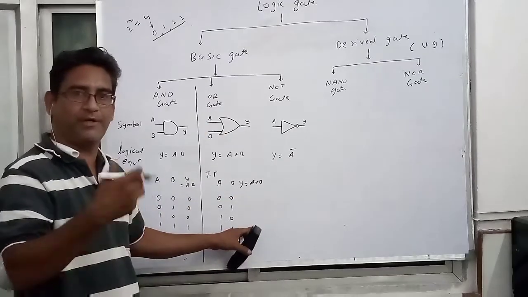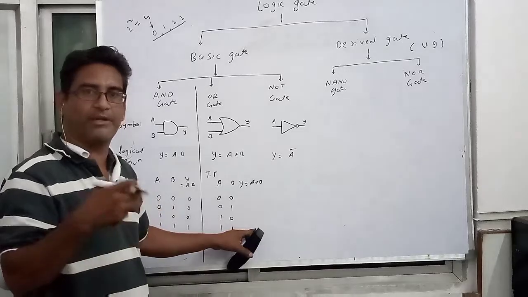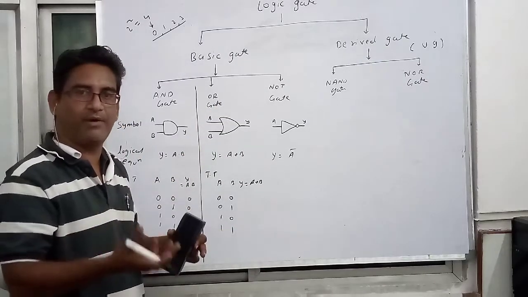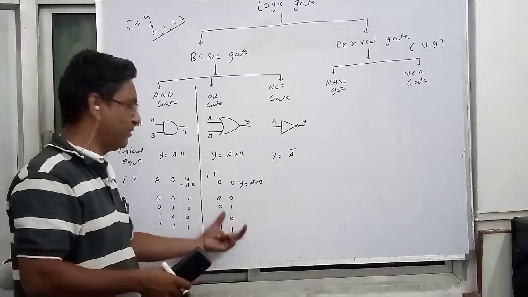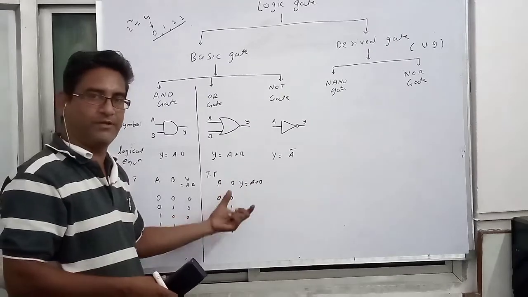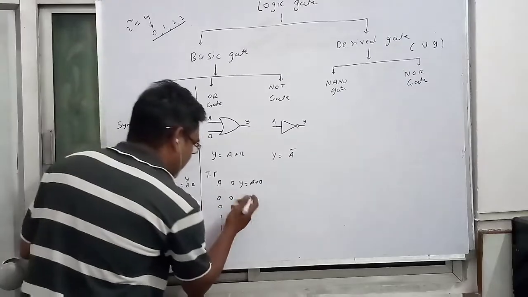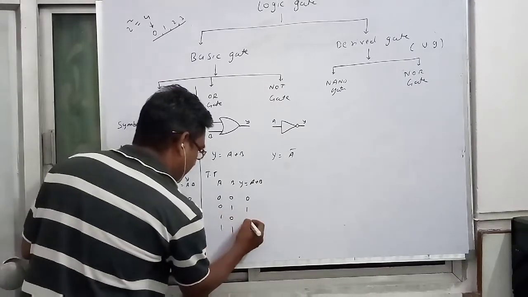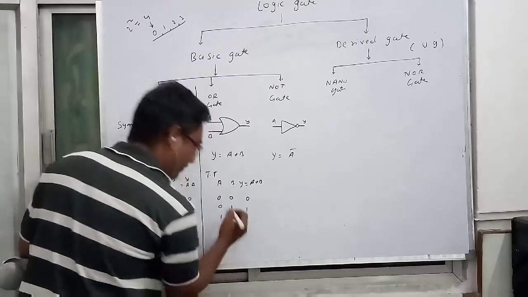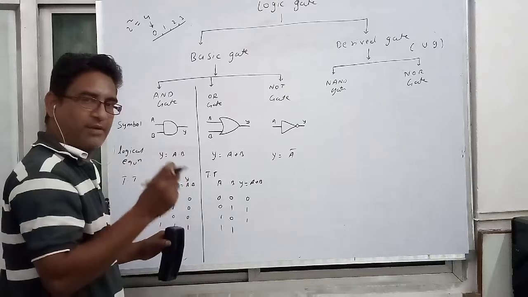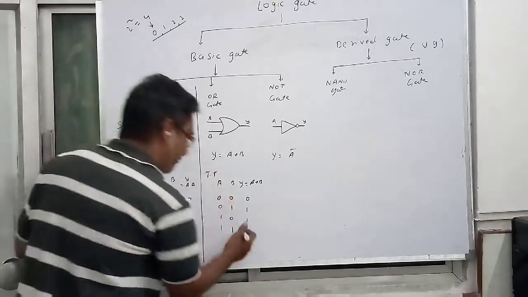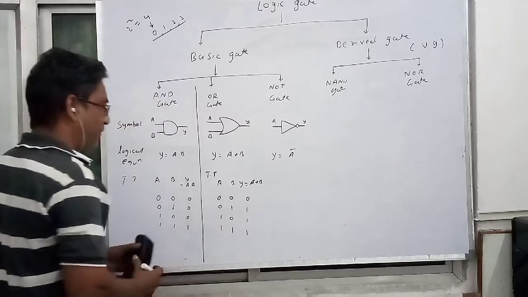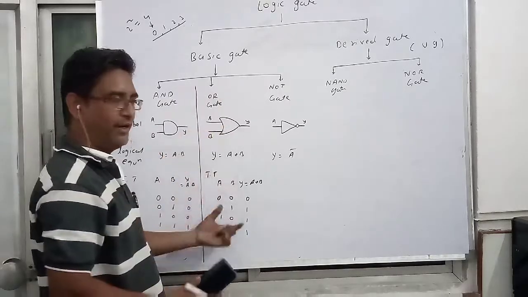Wherever the addition is to be performed by the computer or by the calculator, this IC pin gets activated, and after activating that particular pin, you are able to take out the answer in addition form. Okay. So 0 plus 0, you will get the value 0. 0 plus 1 is 1. 1 plus 0 is 1. Then 1 plus 1, you will get a sum of 0 and carry of 1. That one you have to write down here. Okay, so it is a tabulation form for the OR gate.